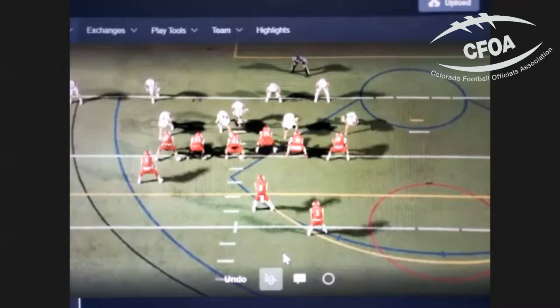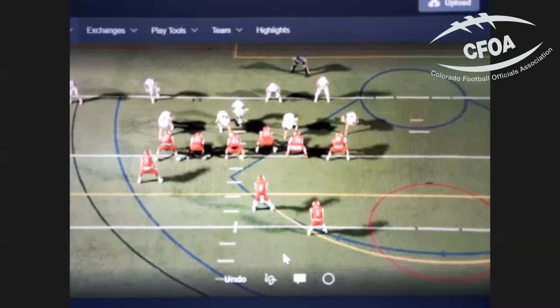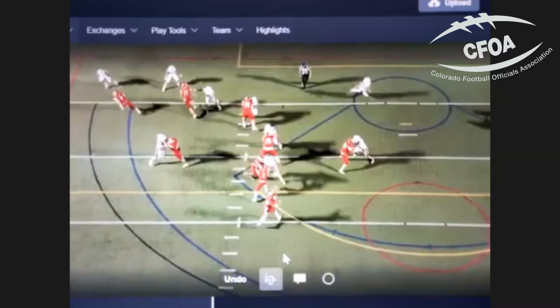And the new rule this year is that they actually do not need to be engaged. Last year, and this is quite technical, and I'm not sure we wanted to throw it last year, the rule was such that 75 had to be engaged with somebody to get downfield the 2 yards.